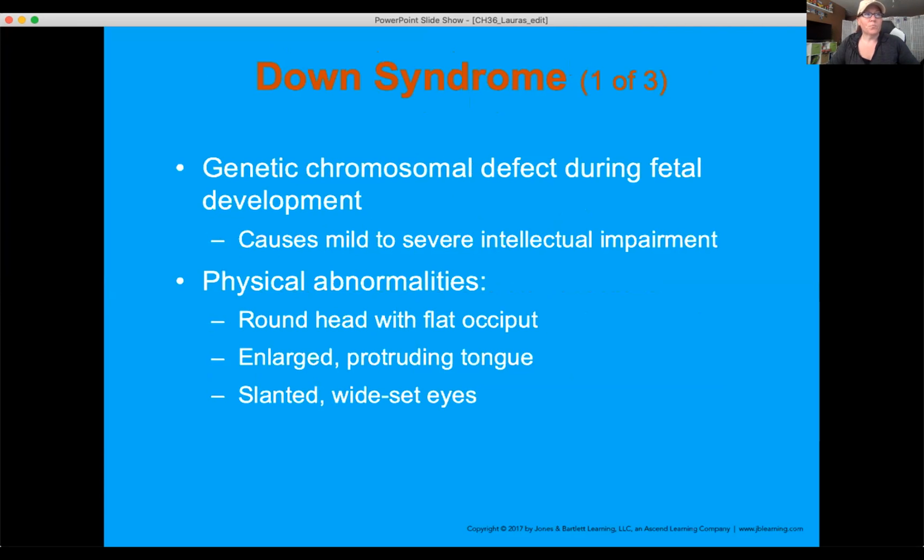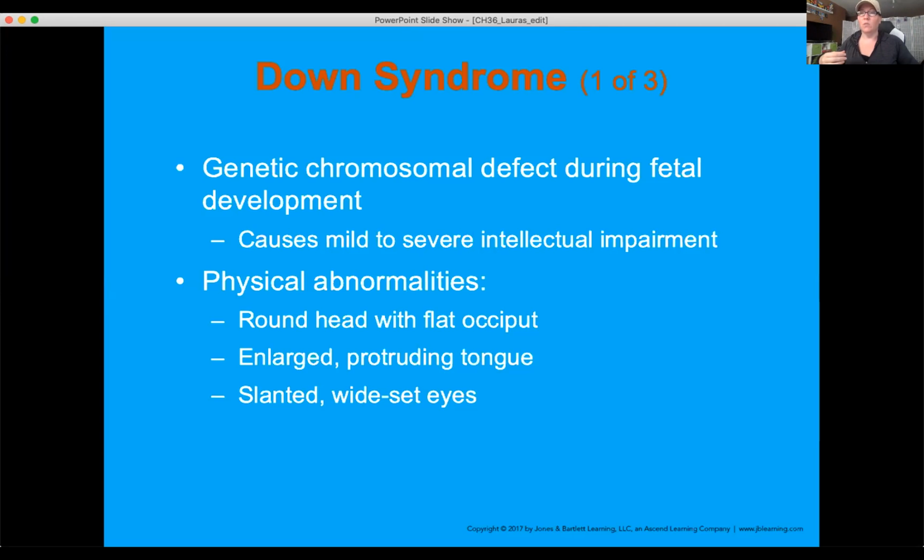Down syndrome. So patients with Down syndrome, this occurs in fetal development. And with Down syndrome, it's usually diagnosed while the baby's still a fetus in utero. The Down syndrome comes with a large array of connected issues to it. Patients with Down syndrome, they'll end up having a rather flat occipital region on the back of their head. Their tongue is going to be much larger, which creates airway issues, especially coupled with the back of the head.